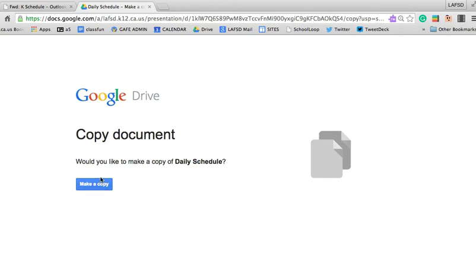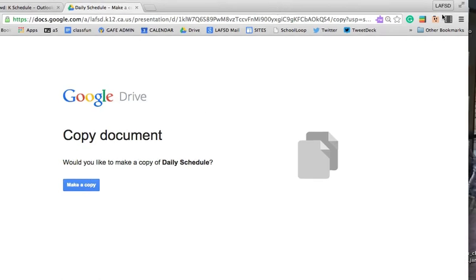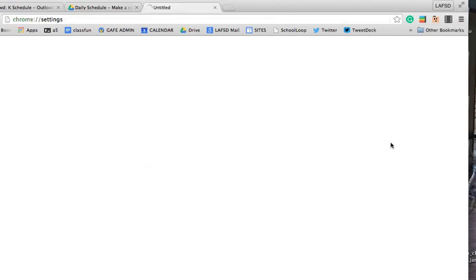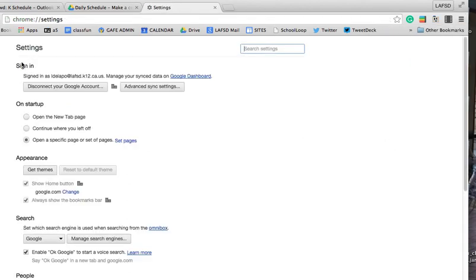Now, some of the problems you might be experiencing are that you're not logged into Google Apps. So you need to make sure that you're logged into your LAFSD. The best thing to do is go to Chrome and then do it that way. So when you go to Chrome, you can go here and then do a sign in under settings, and then you would sign in to Chrome here, and you want to connect your account. It's going to ask you to link your data, and it's okay to do that with Chrome.